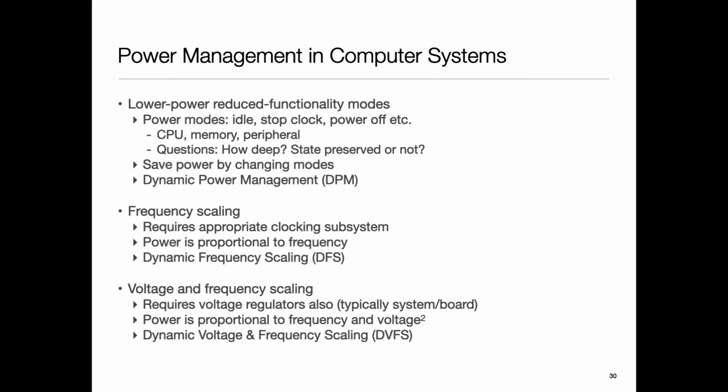If I give a higher voltage, the gate is faster. So if I have lowered the frequency at which I'm operating, I can afford to operate my gates at a lower speed, and therefore I can operate them at a lower voltage. And then I can reduce the energy taken for each one of those units of work. So not only am I spreading out, let's say I have n instructions, those n instructions over twice the time, but the energy for each one of those instructions is also being lowered, okay?